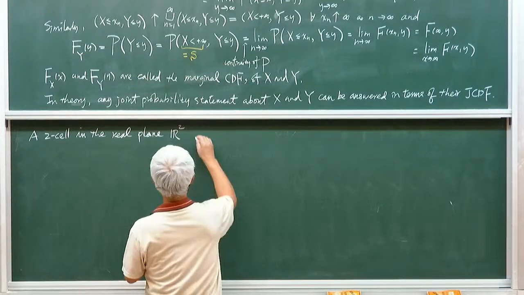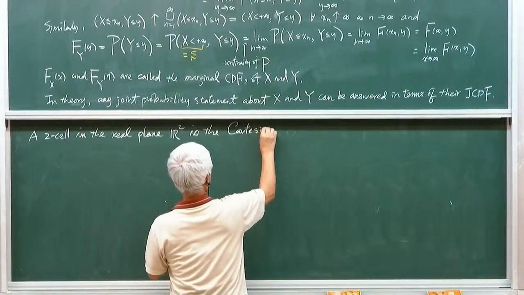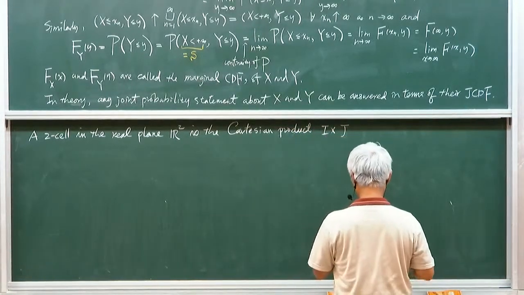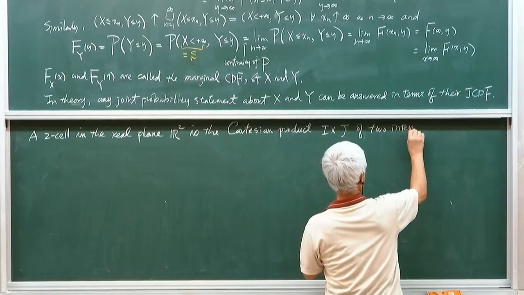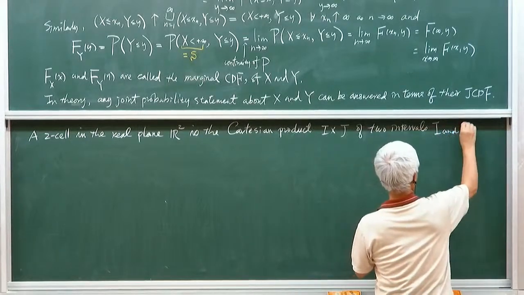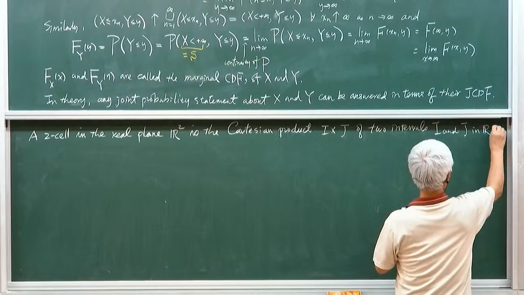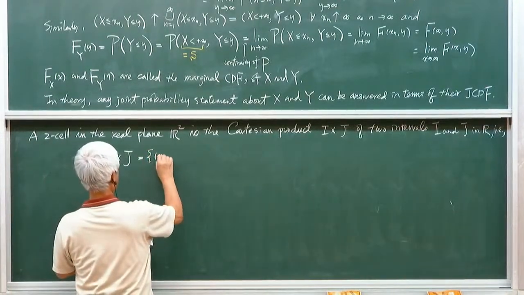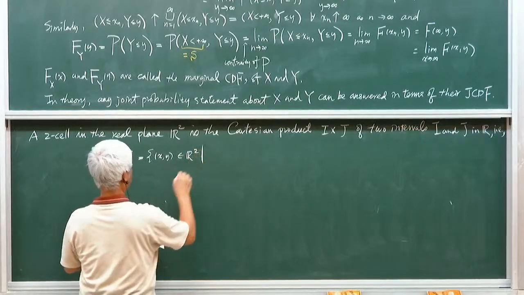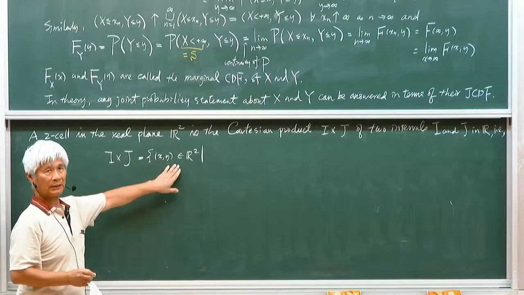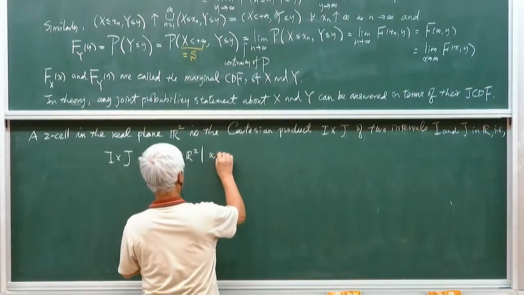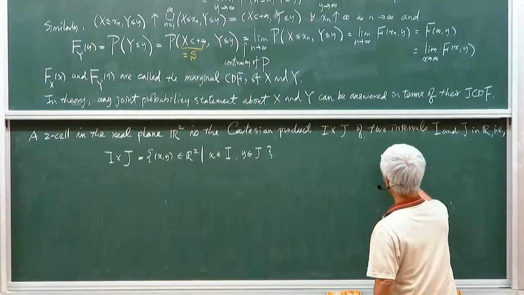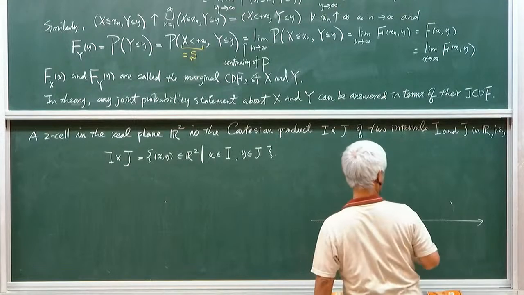A two-cell is the Cartesian product I times J of two intervals I and J in R, i.e., a two-cell is the set of ordered pairs (x, y) in R squared, such that the first coordinate x is in the interval I, and the second coordinate y is in the interval J. So in the picture,